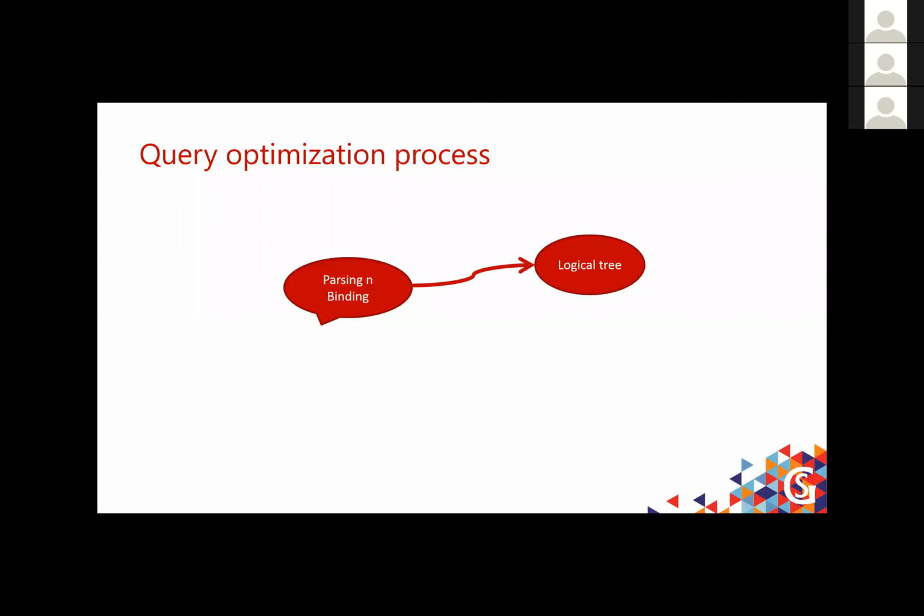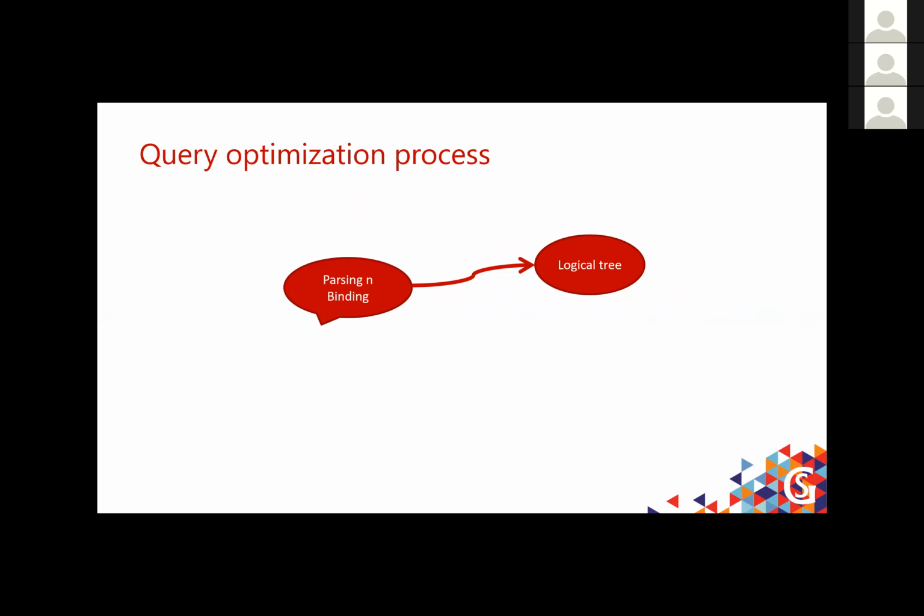First, the query is parsed, the syntax is checked, and then it is verified whether the objects are there. Once that's done, the query optimizer comes up with something called the logical tree. What is the logical tree? For the query I said, select star from table where column equal to some value, order by another column, the logical tree would be: first read the table, filter the rows, sort the results, and then project the columns. Basically, in very simple terms, it is the list of operations or actions at a high level that